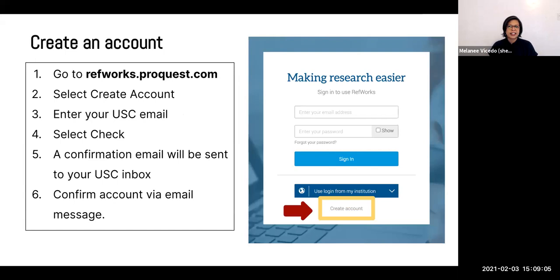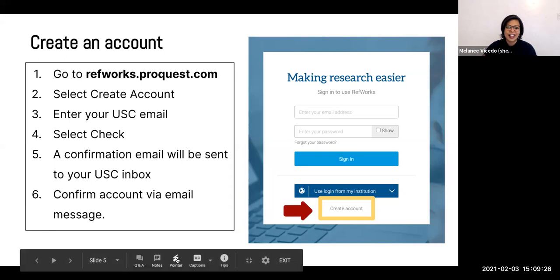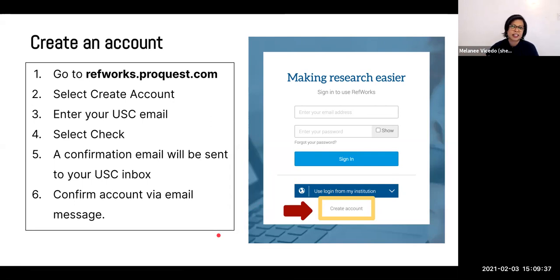So in order to create an account, you'll have to go to refworks.proquest.com. I want to emphasize that you will select create account. I've had folks try to log in using my institution, which doesn't work very well, or actually doesn't work at all. You will want to use the create account link. You'll be asked to use your USC email, and that's why it's free to all USC students, faculty, and staff. And then you'll have to confirm your account afterwards. All right, so